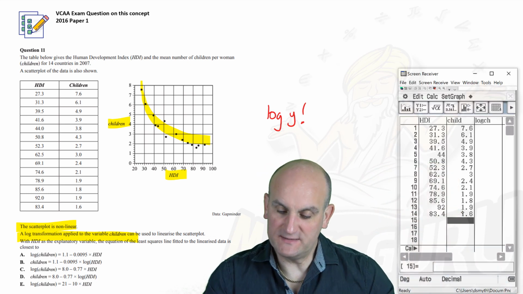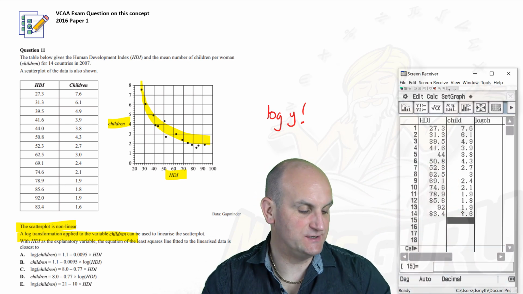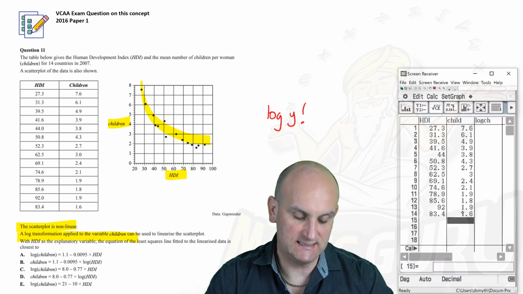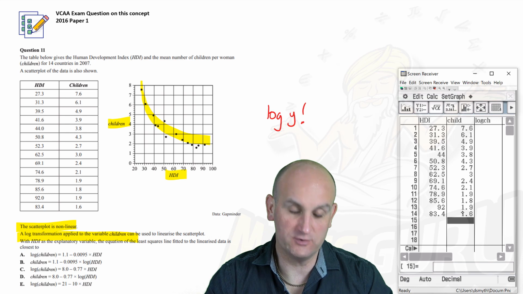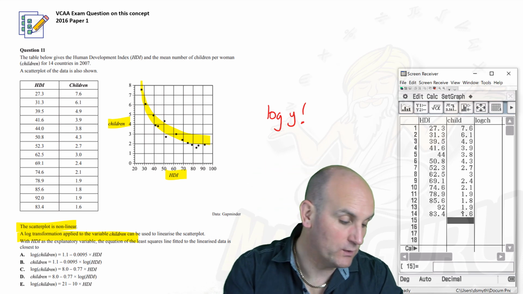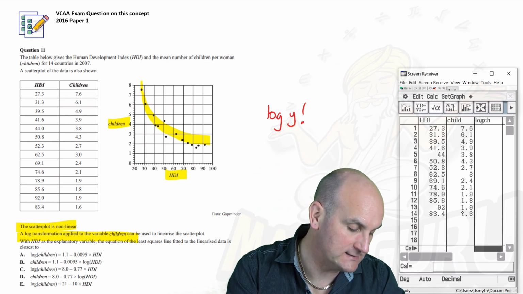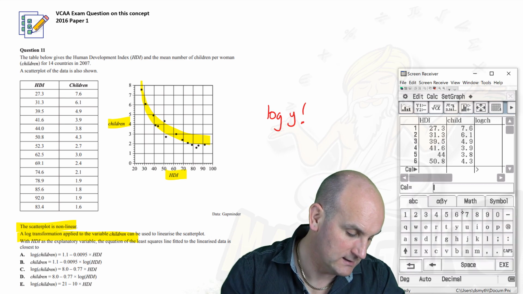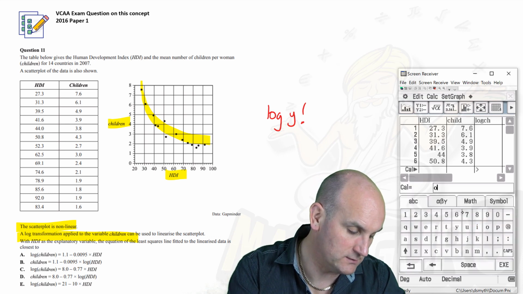Okay, so there we go. There is my data all shown. You've noted I've got HDI and child as my columns, and log child because it tells me it wants me to do a log transform for children. So what am I going to do? I'm going to go down here to calculator, go into that box there, and type the word LOG. Oh dear me, it does not like me, this stylus, at all. Let's delete that again. LOG. Let's open a set of brackets, and we wanted child,